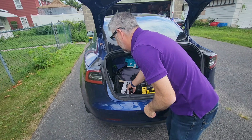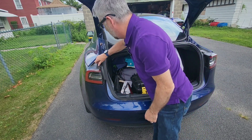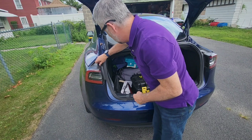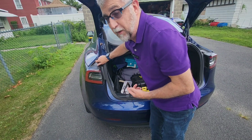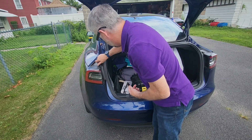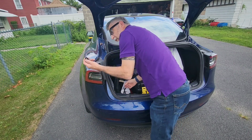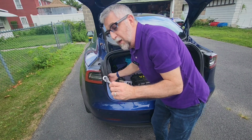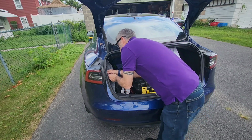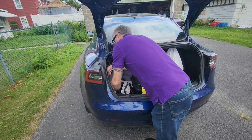So the first thing I've got to do is remove these lights. To remove the light, you unscrew this one here. It just unscrews. It was very tight, but I did it by hand. I didn't need any kind of wrench or anything. So you just undo this and it unscrews. And then in the back under here, there are two 8mm nuts you've got to unscrew, and they're both right next to you here. So we're going to unscrew them